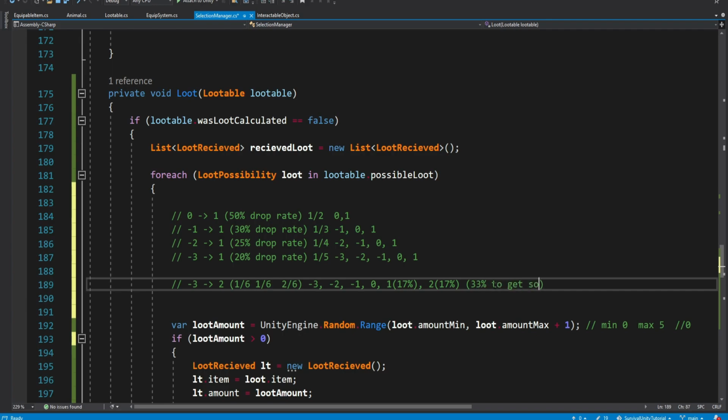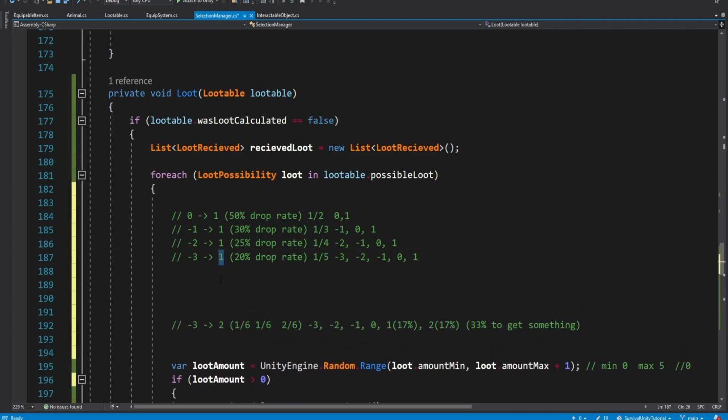to get something. And it may seem confusing with all the math, but math is a part of game development. You will have your XP systems and your money systems, so you will have to know how to manage everything, and you need to understand this. But if this is a bit more confusing, just stick with 1 item, and you can go very low, for example,